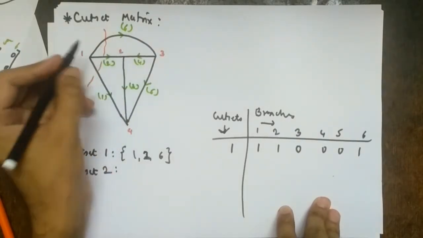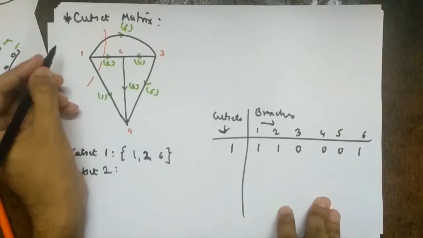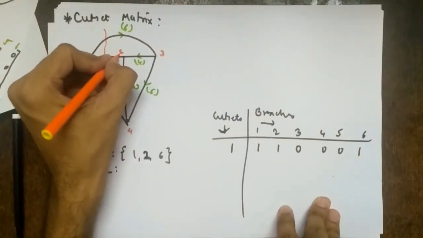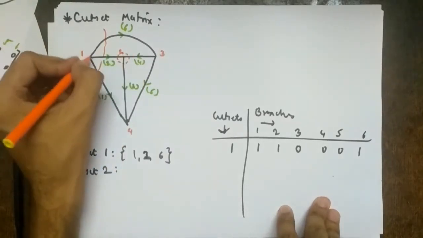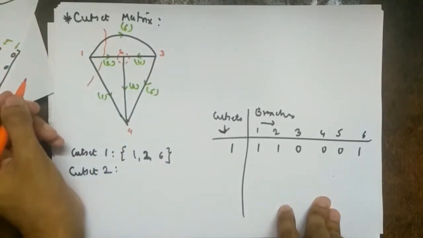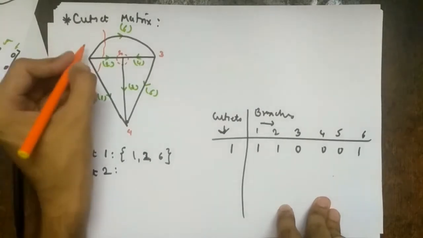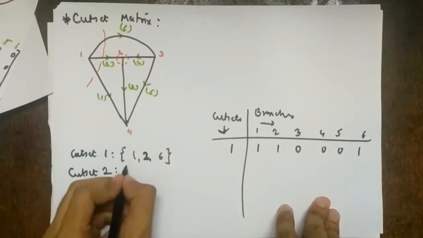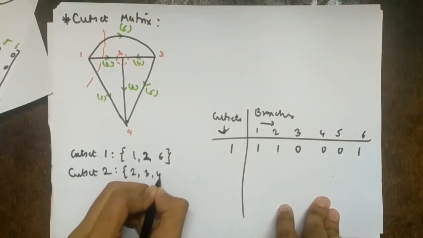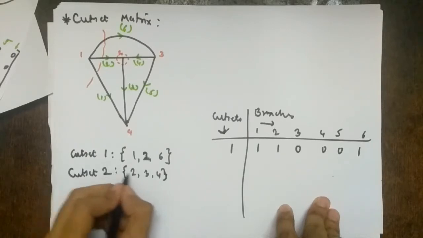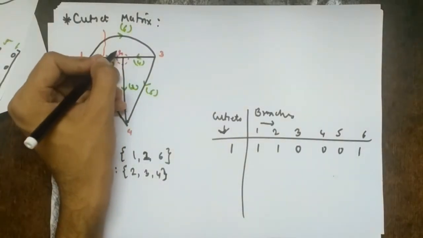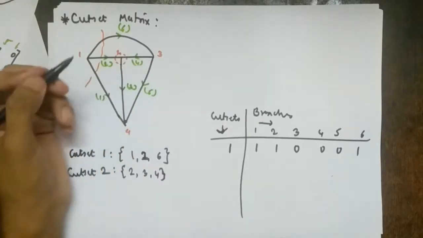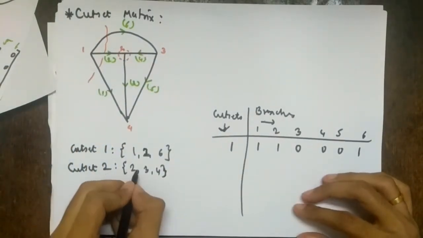What you can do is always correspond the branch to the node. Branch 2 is this node 2. So you can cut it circularly. Always, all the nodes will correspond to a cut set, so you can always correspond to them, right? So this is my node 2, it is cutting like this. What is it cutting? 2, 3, 4, right? So 2, 3, 4. Remember, I am writing cut set 2 even though I have taken node 2. The node 2 is not the nomenclature. The branch 2 is the nomenclature. I gave you a hint that all nodes will be cut sets. But this 2 should correspond to this 2.